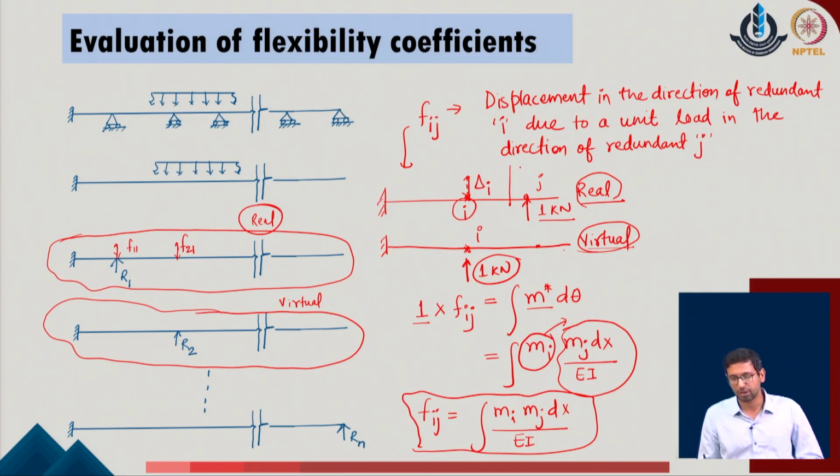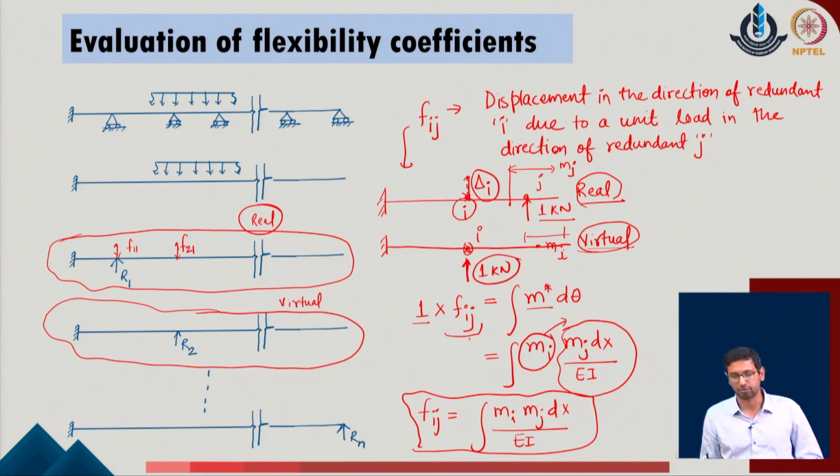I can define the moment distribution in this system as m of I for the given system, whereas the moment distribution in this can be described as m of j, with respect to the ith joint. So, this is m of I and this is m of j for the given system. Now, as I want to describe the corresponding value of the displacement f of ij, the external work done will be 1, which is the load, into the displacement which is delta over here due to the unit load at the position of the j.